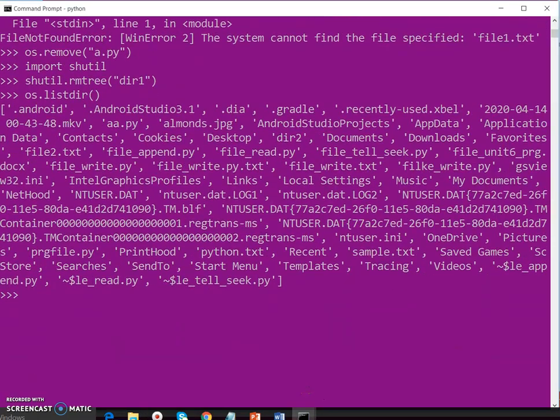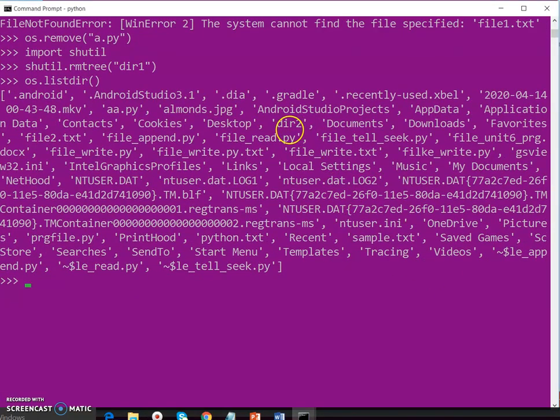Now how to rename a folder or a file. Suppose I want to rename this dir2 folder to mydir2. Here the syntax is the os.rename method, rename in brackets, mention the old name, dir2, and I want to change this directory name to mydir2.